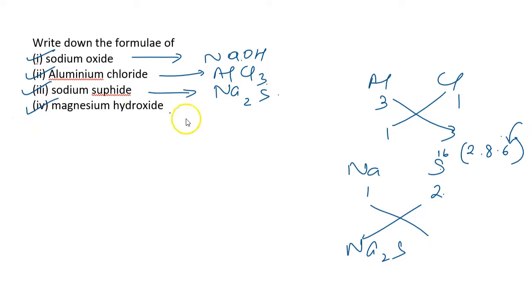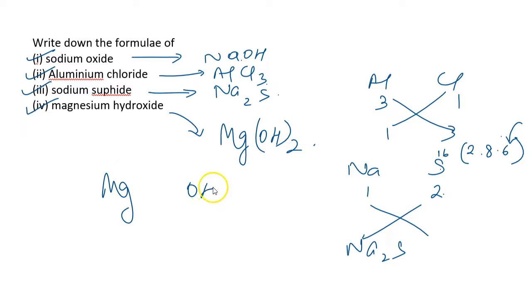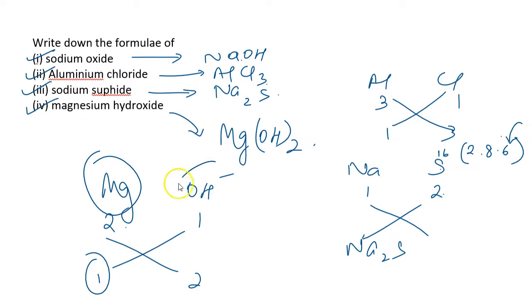Similarly, magnesium hydroxide, you will get Mg(OH)2, right? Magnesium and hydroxide. Valency is 2 for magnesium, valency is 1 for hydroxide. Crisscross it, you get Mg1 OH base 2. OH, its base is 2. That means we use whole OH 2, right?